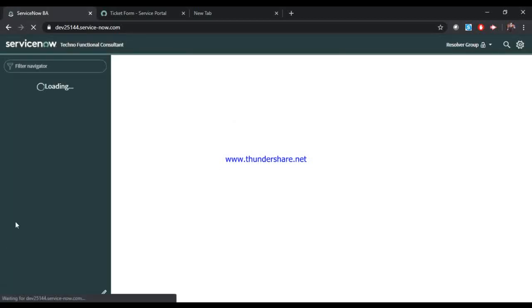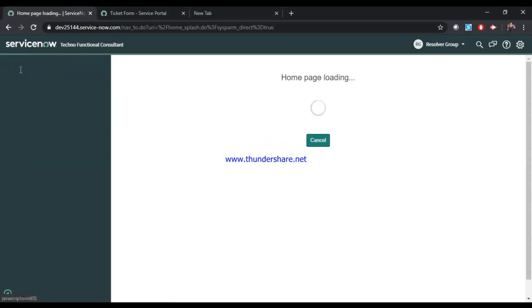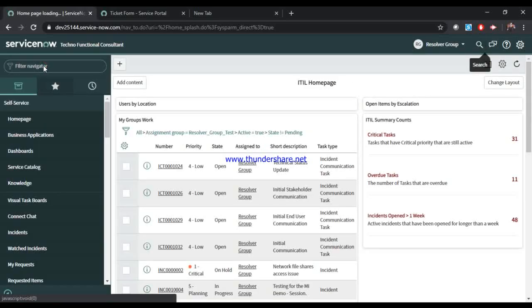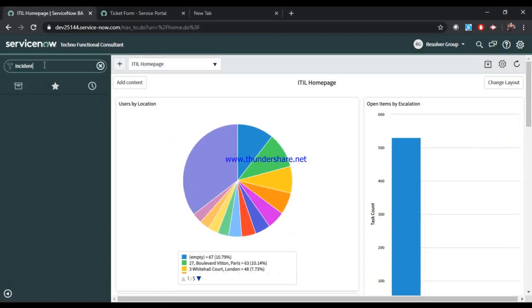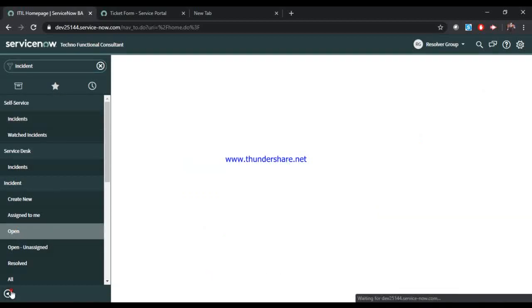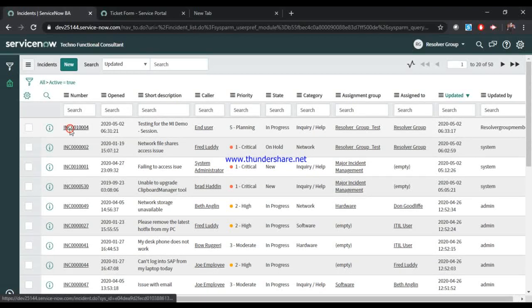Okay, let me search for that particular incident. I can search it from the global search as well, but I prefer to go this way, by the application navigator. Incident and then open, and then I can open this incident.